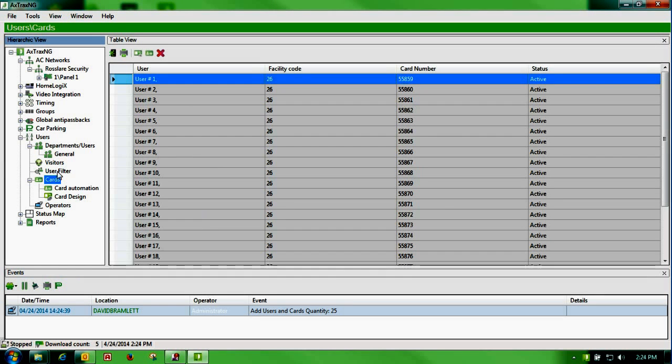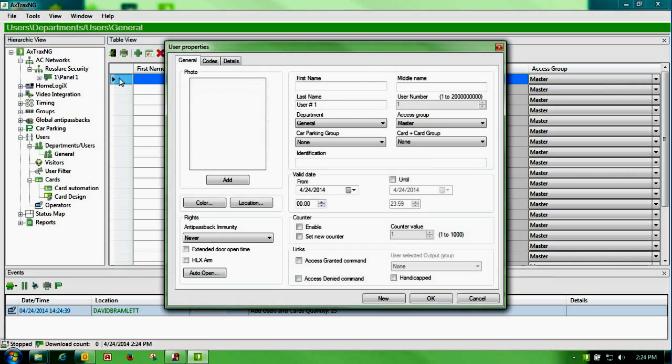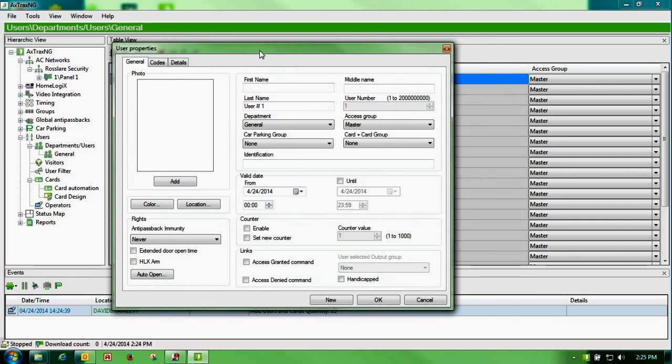Our cards are installed in the card section and also in the general section. In the card section, there's nothing you can do to the card. You can only make changes under the general format. If we take user number 1 and double click on it, you'll see that this is where we could put our first name,